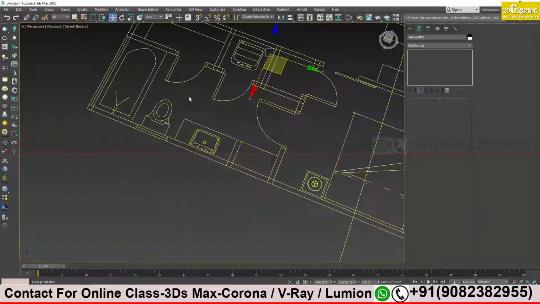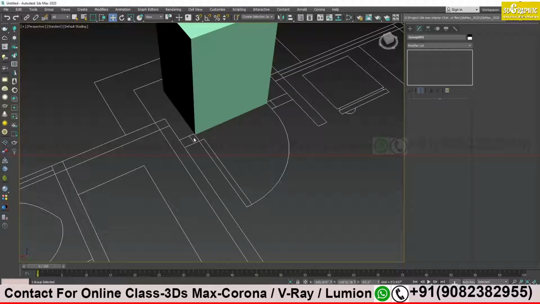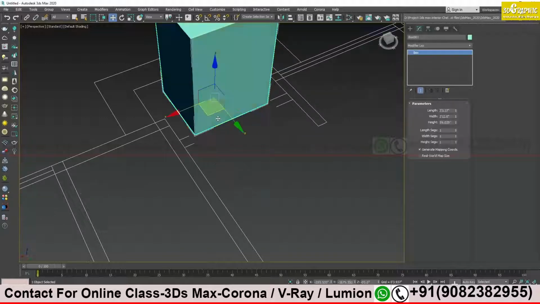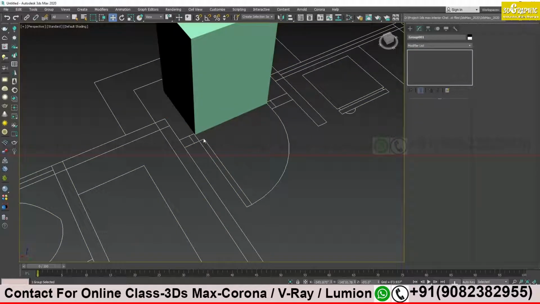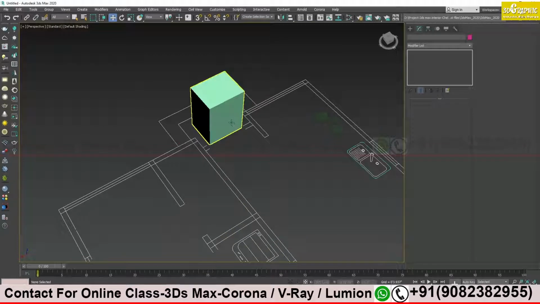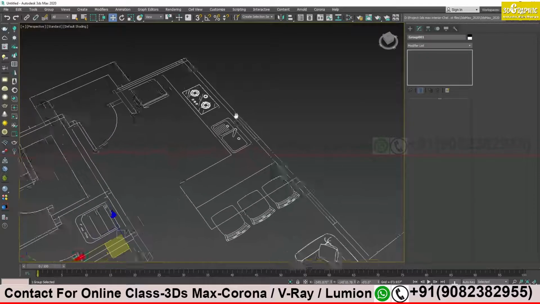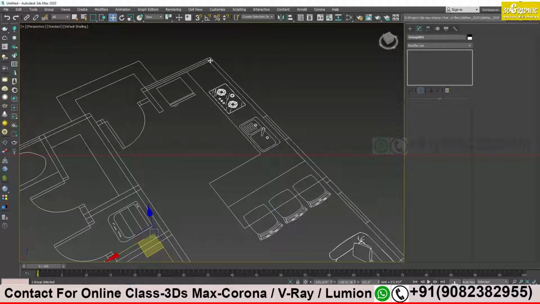You see now my CAD file here, the measurement is exactly 4 feet. You see the box, the width of my box is 4 feet, and my CAD file, the door width came to 4 feet. Clear? Okay, Priyanka, Sasikaran? Yes, sir. Okay. Now I will delete my box. Now the work of the box is over. Now I have the correct measurement of my CAD file. Now I can start modeling on top of my CAD file.